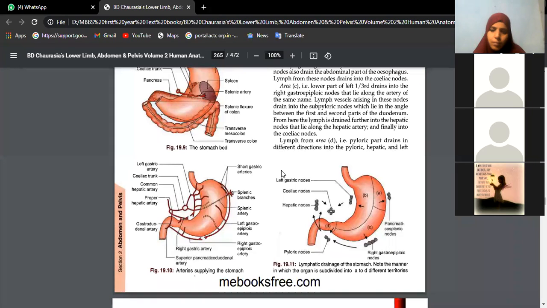Endoderm. So what are the subdivisions of GIT? We have foregut, midgut and hindgut. Foregut artery is celiac trunk, midgut artery is superior mesenteric artery, hindgut artery is inferior mesenteric artery. This is something like stock information which you should remember. So let us revise this celiac trunk, because blood supply of stomach comes from celiac trunk only.